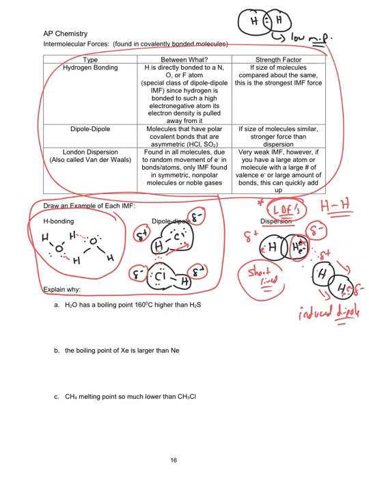So when you look at IMFs, you want to look at 2 things. You want to look at the size of the molecules. If they are similar size, you want to identify what type of IMF it has. The one that has dipole-dipole forces will have a higher boiling point than the one that has just LDFs, if they are similar size. If their sizes are very different, then the one that is bigger will have more LDFs, and those larger amount of LDFs will overtrump the other types of IMFs. So look at size and then look at type of IMFs in order to answer the question.